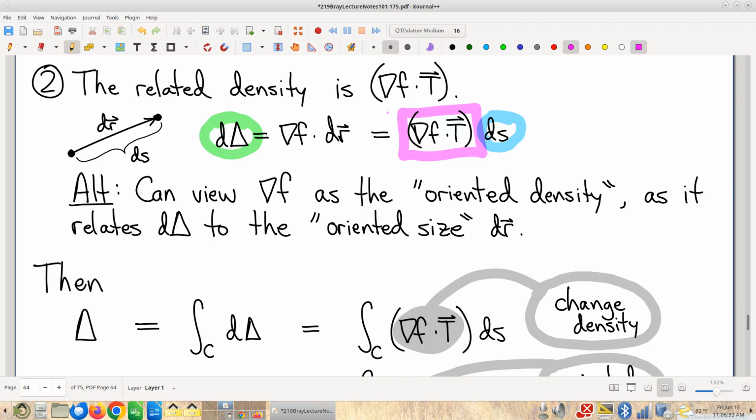So if you want to know literally change per unit size as you drive along the road, and of course as you drive along the road, as you move along a path, size is length. Change per unit size, there it is. It's that formula. It's gradient dot unit tangent vector. And okay, well then, boom. I mean, this observation here,